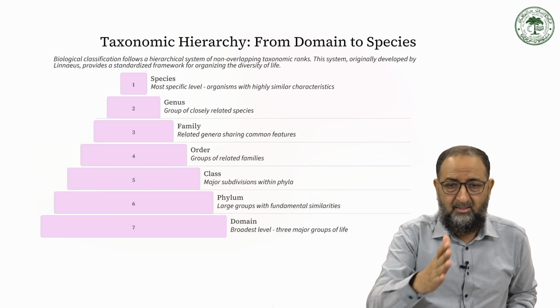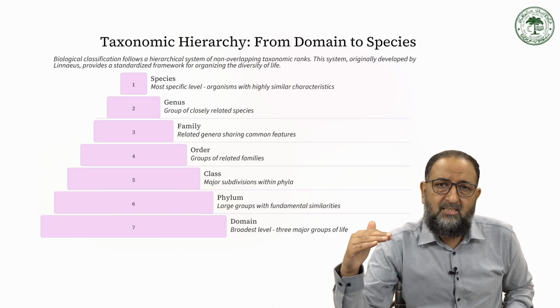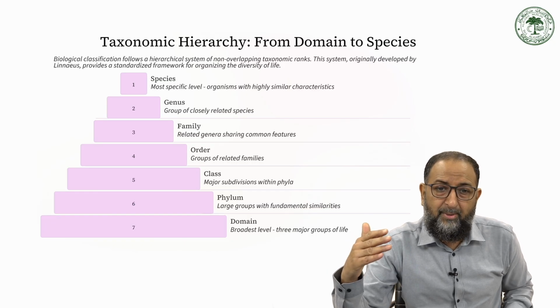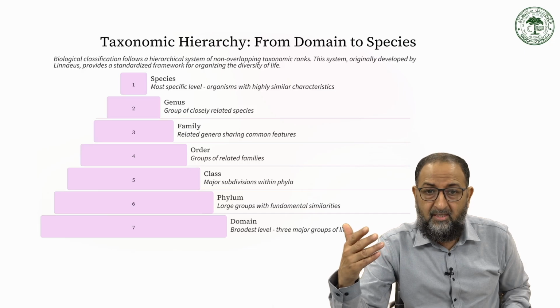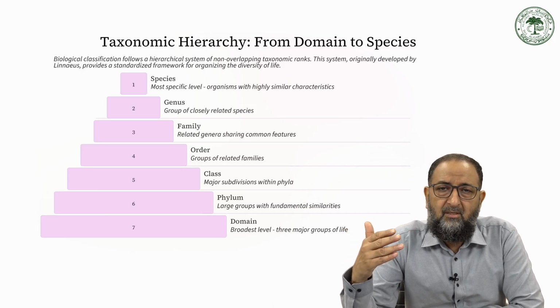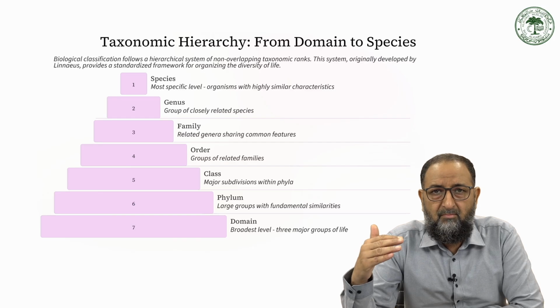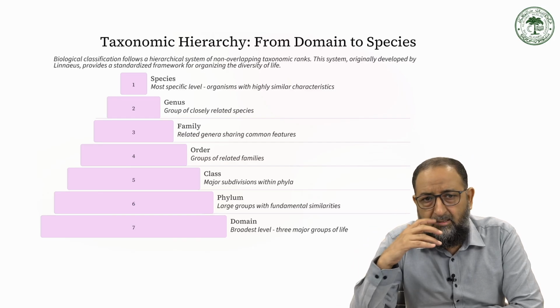So we call them one class, second class, and third class, and so on and so forth. Then from class, we come to the order. So many orders are under the classes. Then families, which are related genera. So it means different species of the same kind form one genus, and different genera form different